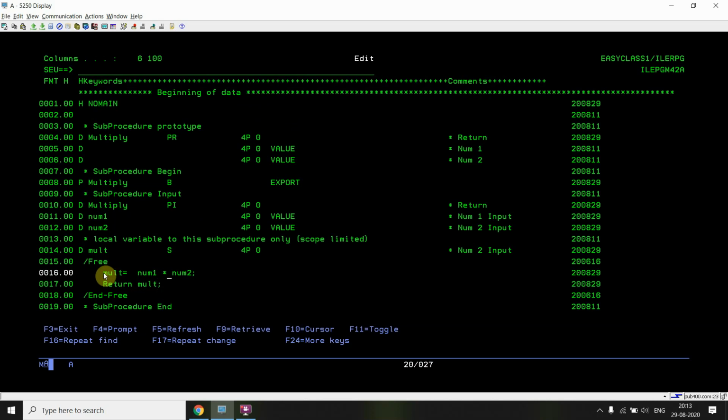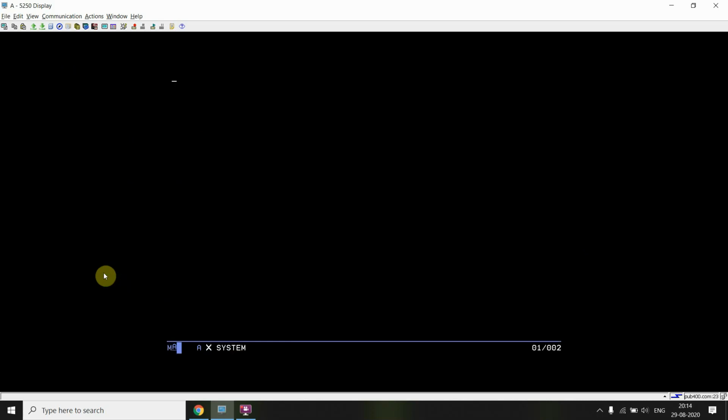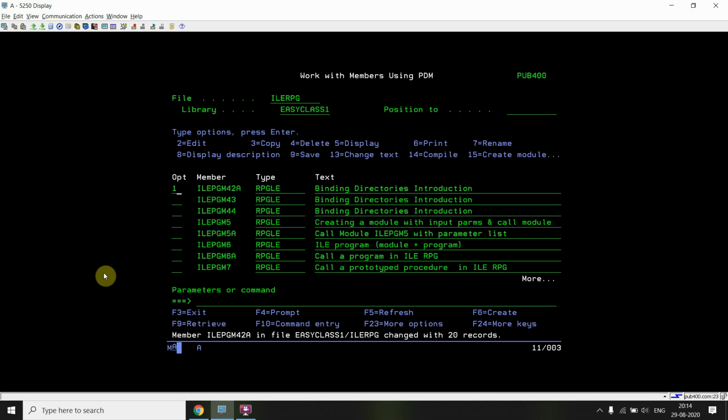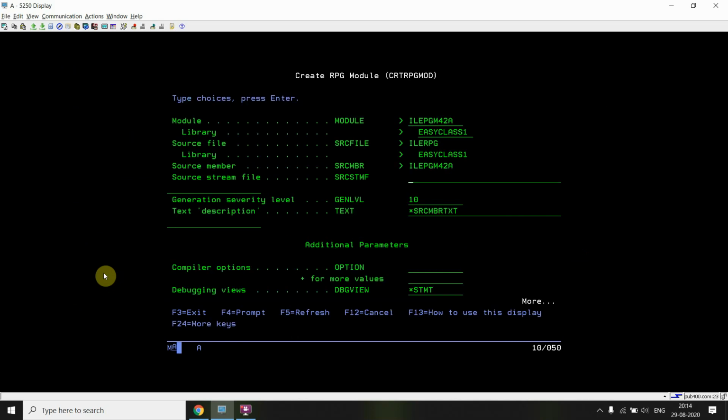Okay, so just compile the module ILE PGM42A.